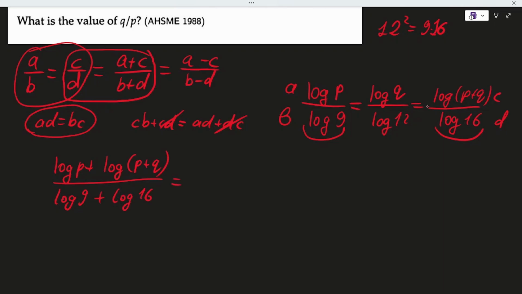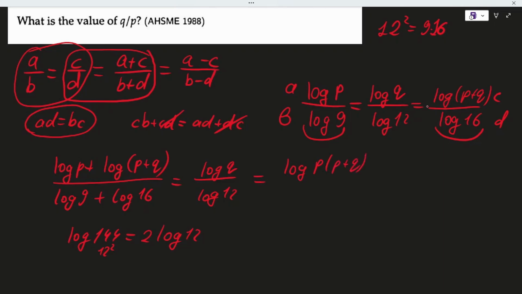We will get this equals log q divided by log 12. And log 9 plus log 16 by our formulas will be log 144, which is 2 times log 12, as it is 12 squared. So our equation can be rewritten as log of p times p plus q